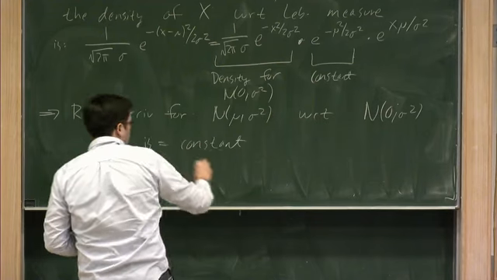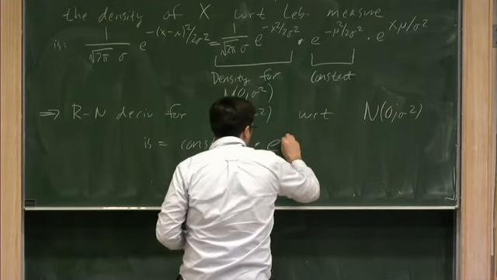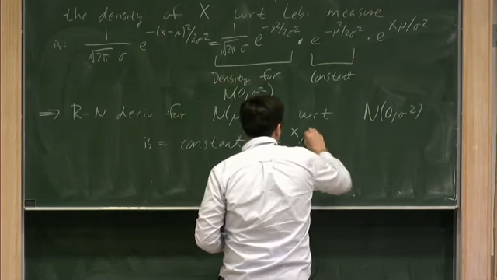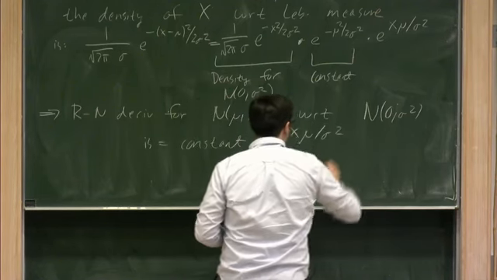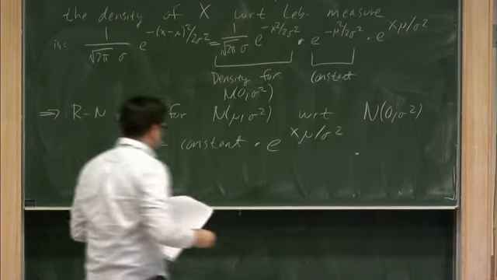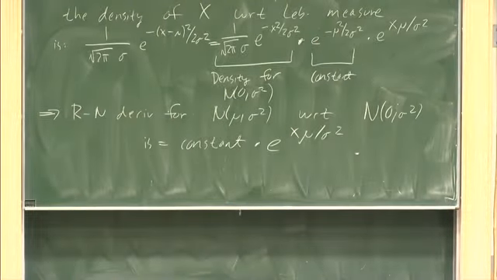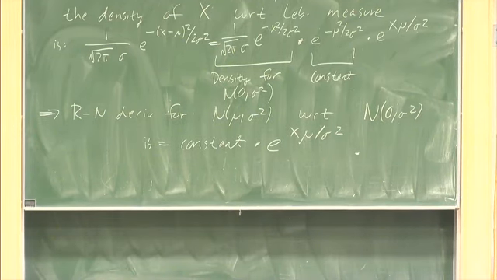This is equal to a constant times e to the x mu over sigma squared. Okay, so this is kind of an elementary fact about the Gaussian distribution, and now we're going to use this